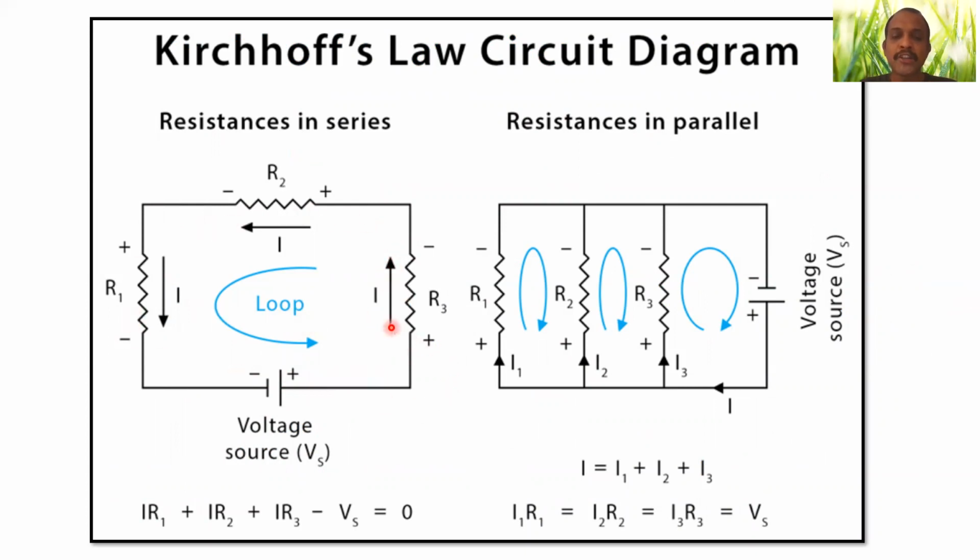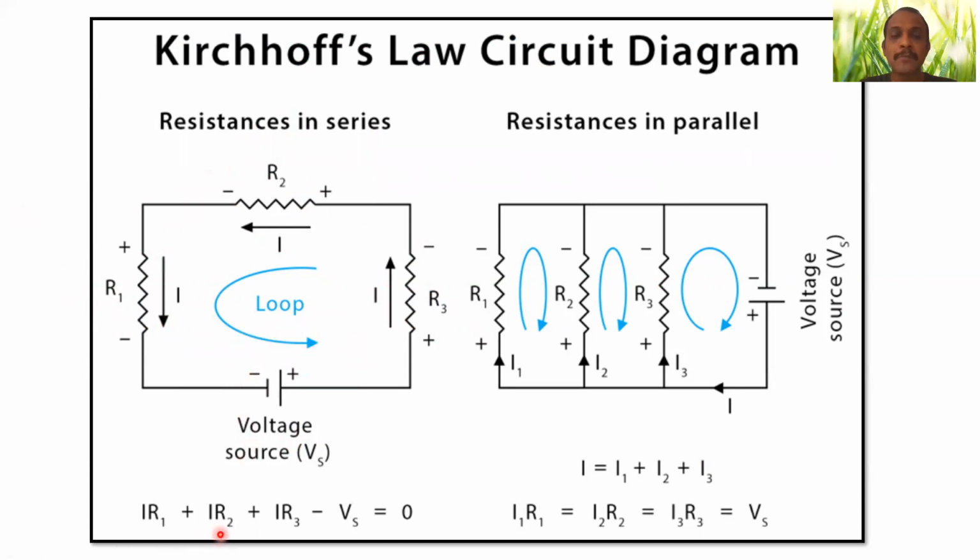And it produces a voltage drop across resistor R3, voltage drop across resistor R2, voltage drop across resistor R1. What is the voltage drop across resistor R3? You have current and you have resistance. According to Ohm's law, V = I × R. So the drop across resistance R3 is I × R3. The drop across resistor R2 is I × R2. The drop across resistance R1 is I × R1. For all these drops, this is the source that provides the drop.